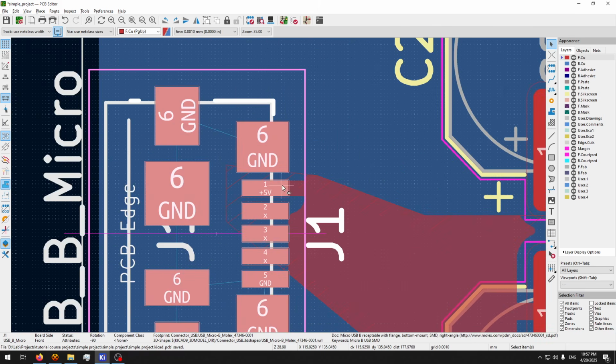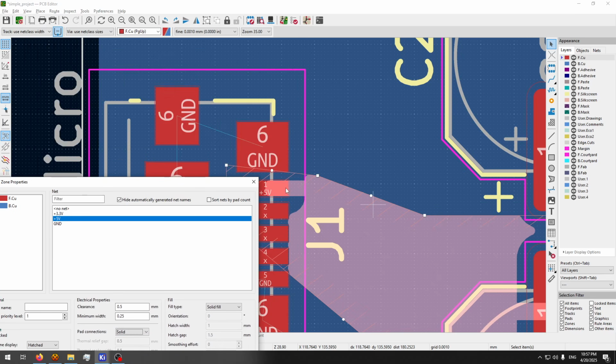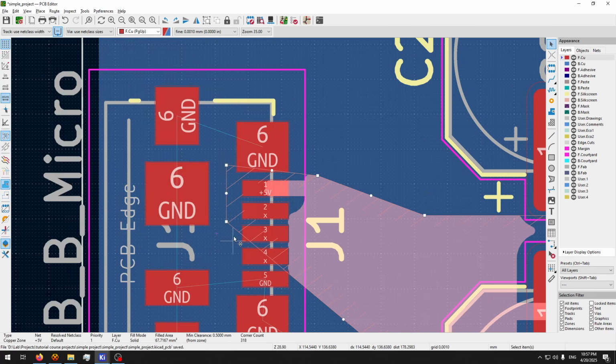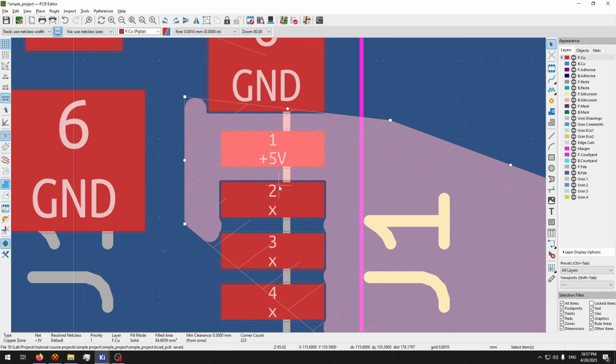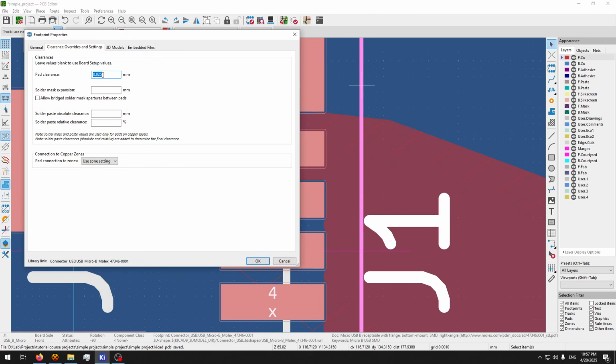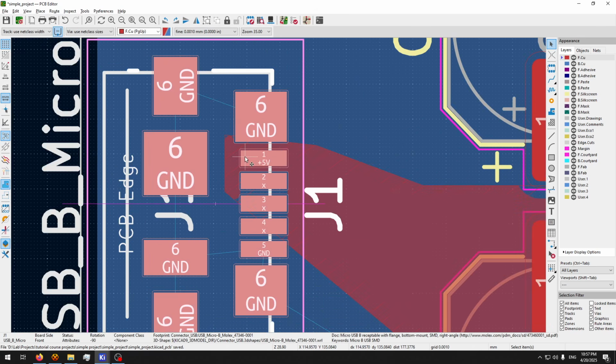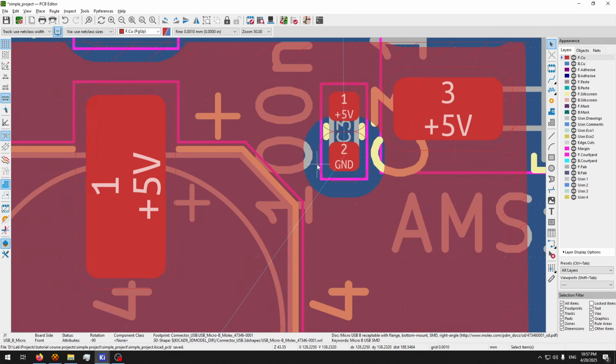Okay, so now I'm gonna choose this polygon pour and I'm gonna convert it from thermal reliefs, which is this guy, to solid. Convert it to solid. Fill it. It is filled. Now this one is gonna be maybe bumped back to 1.5 to make it a little bit okay, fine. So now 5 volt is there,